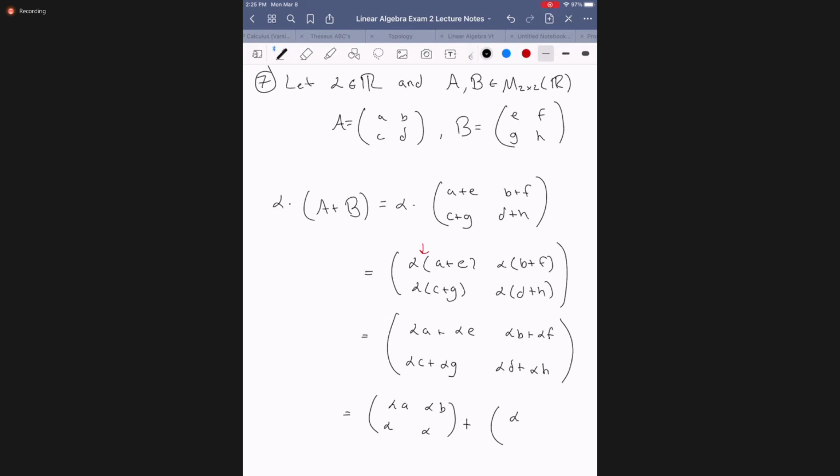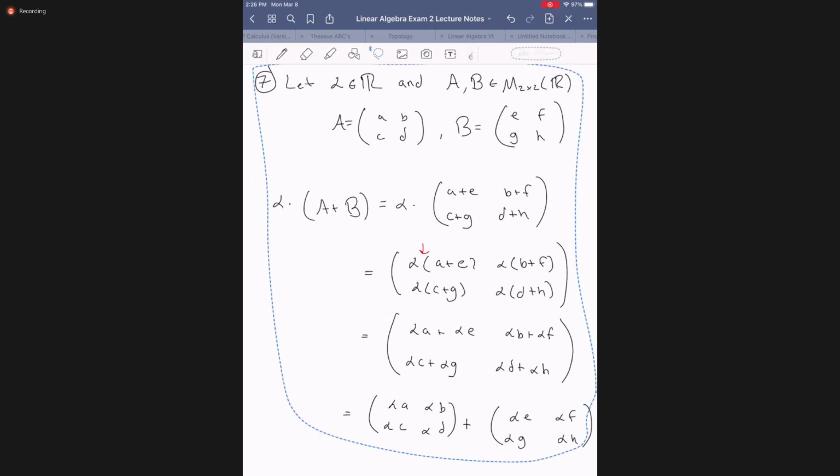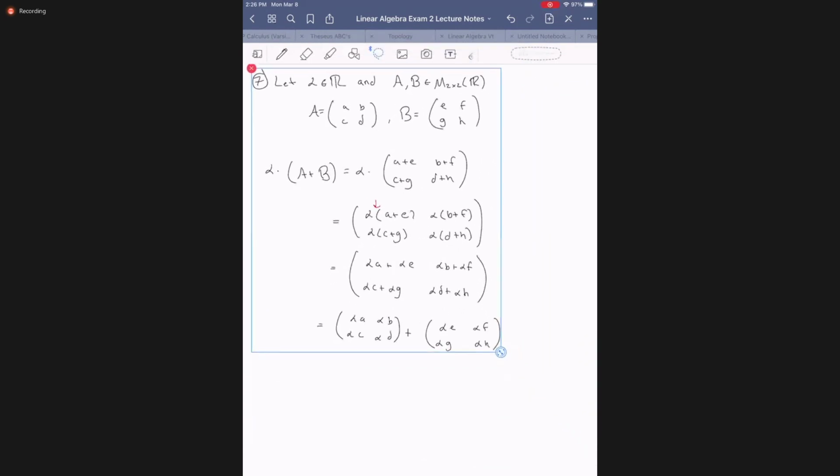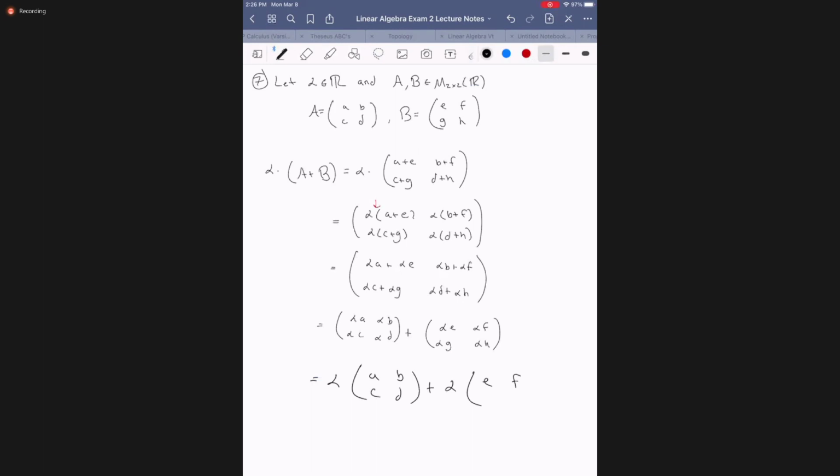B, C, and D. Right, and now just reverse that multiplication definition, or just factor out the alpha, I guess you can say. So alpha times A B C D plus alpha times E F G H, and that was just